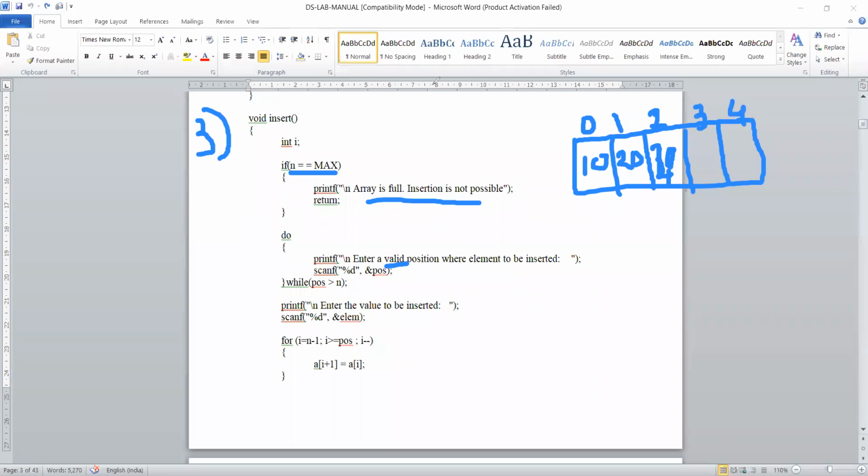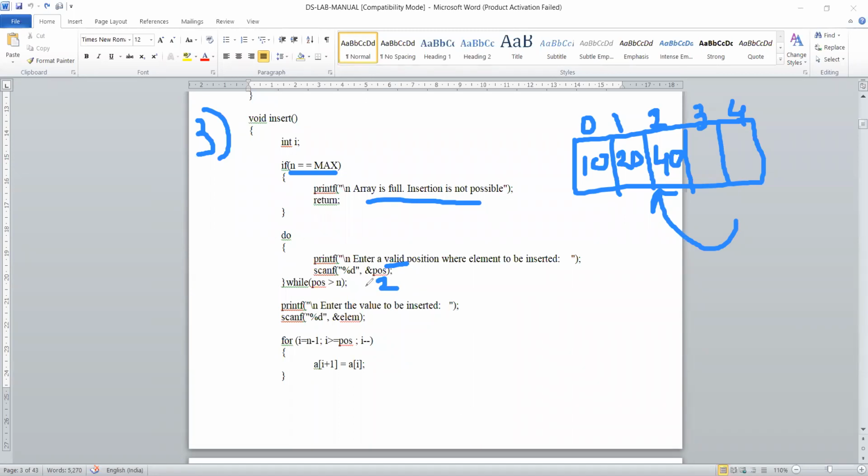So instead of 30, suppose I have inserted value 40. Now I want to insert 30 as the third element. So position, enter a valid position, and I am giving position as 2, suppose.